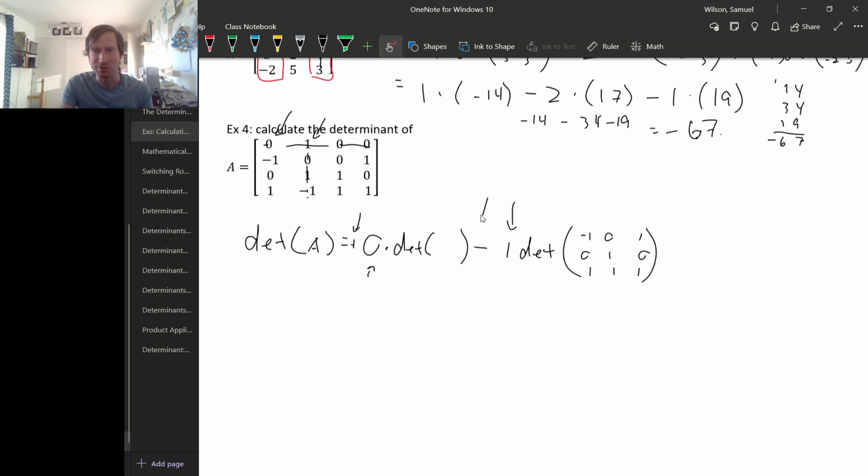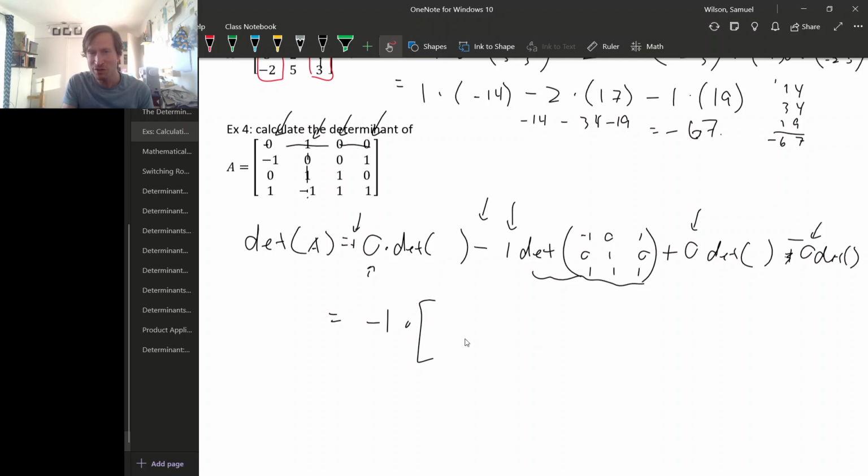Okay, now there was a minus, so next one is a plus. Third entry here is 0, so 0 times some determinant. But again, since it's being multiplied by 0, we don't have to worry about what this determinant produces. And then, let's see, minus, our last entry across the top is 0, again times some determinant, but it is being multiplied by 0, so it doesn't matter. Okay, so we just get minus 1 times this determinant. And it's a 3 by 3 determinant, so